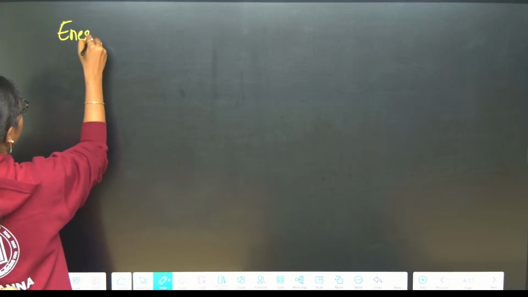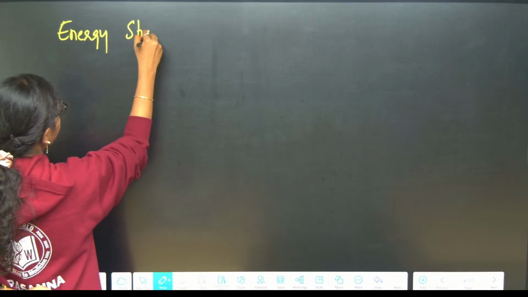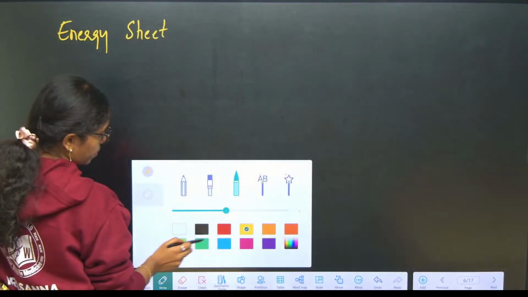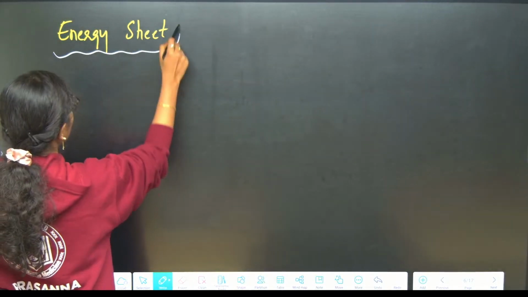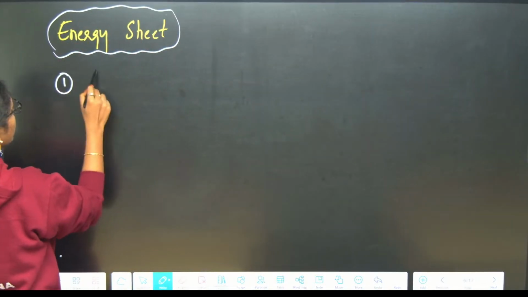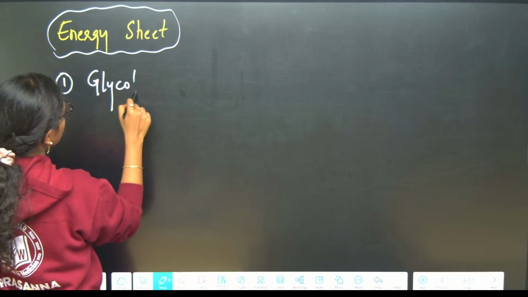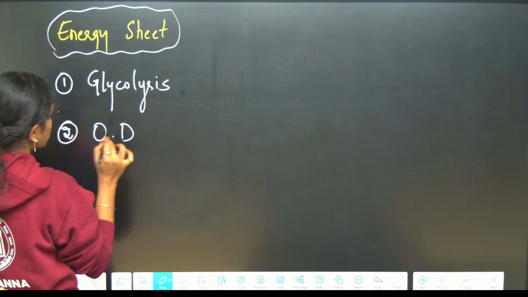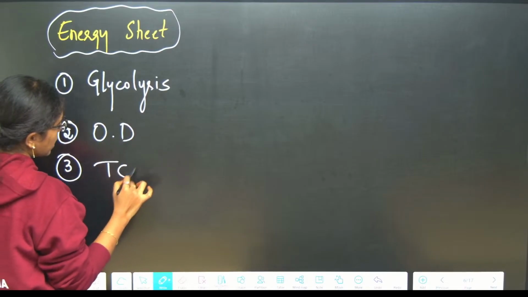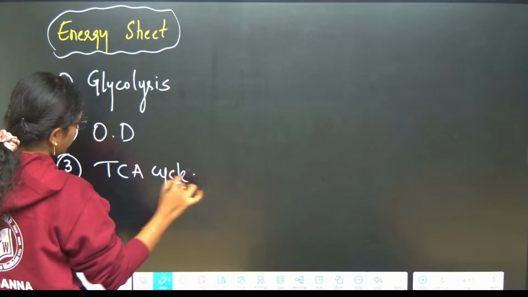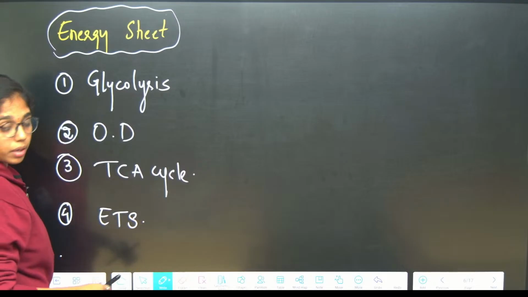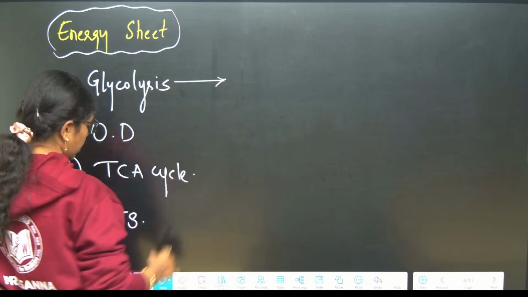Listen first. Energy sheet. We have to consider all the 4 processes. First is what? Glycolysis. Second will be oxidative decarboxylation. Third is TCA cycle. Fourth will be electron transport system. Fine. So, here if you see glycolysis,